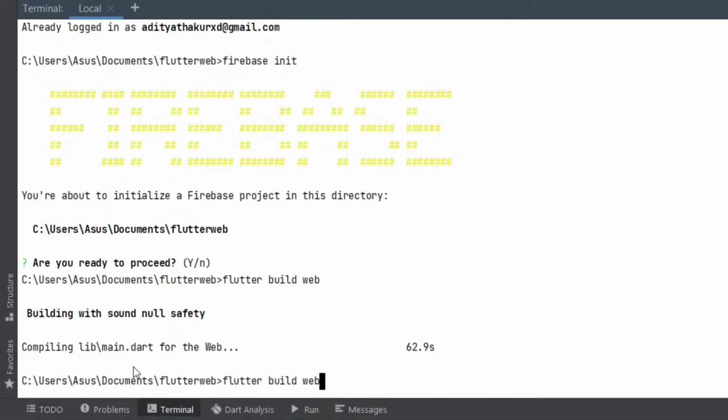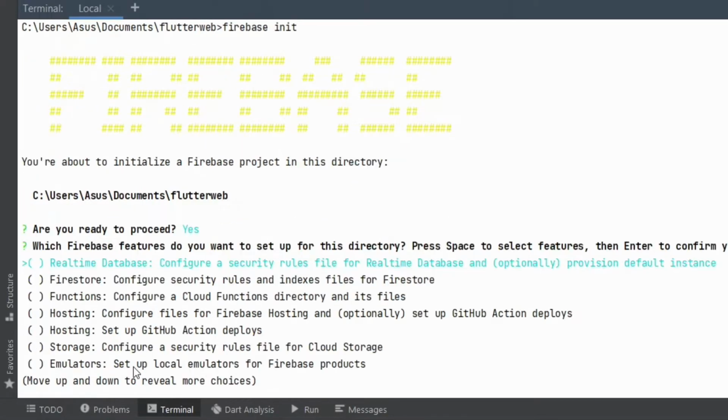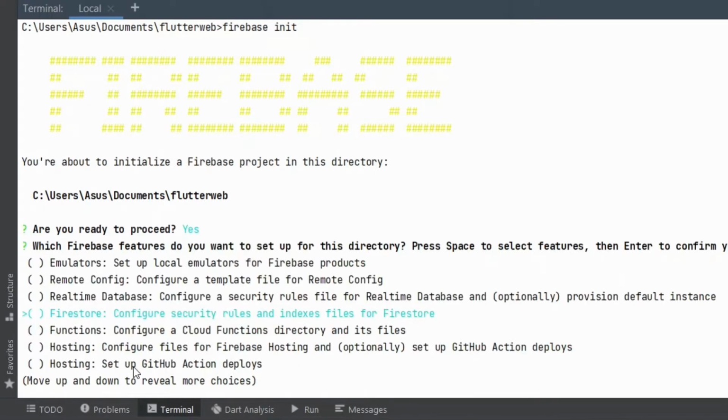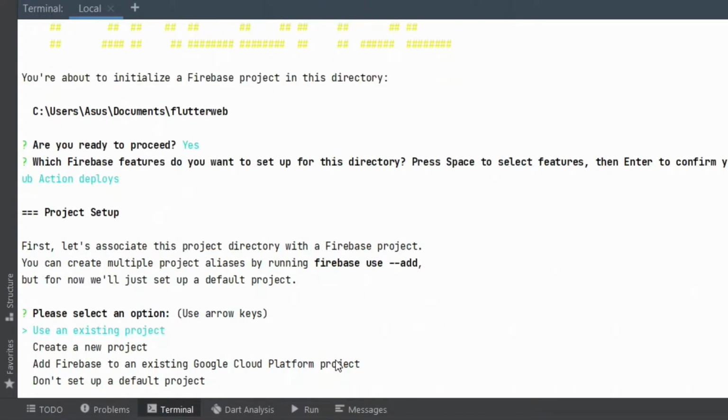After you have built the project, I'll run the firebase init command. And now we'll initialize Firebase for it. I'll click on yes, and then I'll use the arrow keys and go down to Firebase hosting: configure files for Firebase hosting and set up GitHub action deploys. So I'll click on the space bar, hit enter, and then it will ask me to pre-select an option.